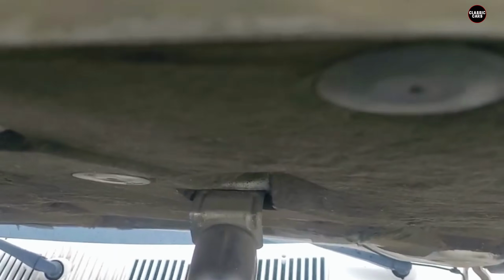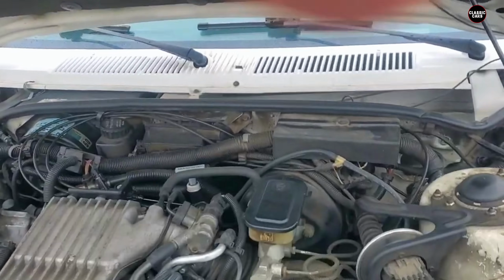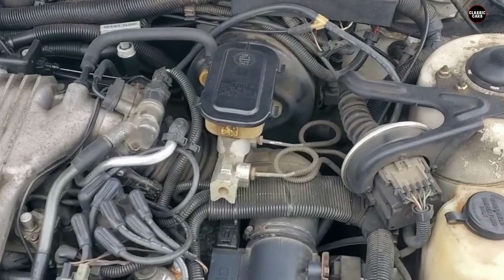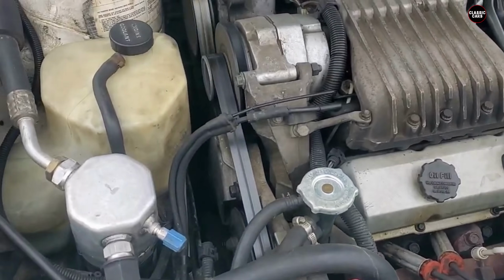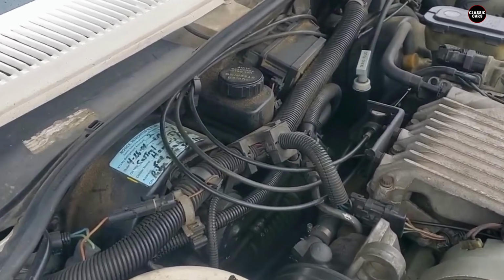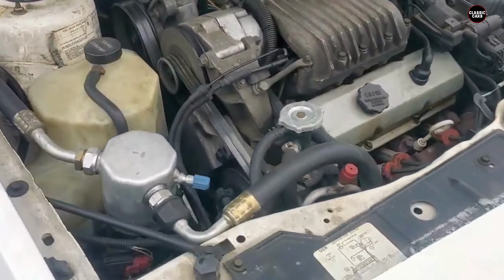While later models attempted to address some of these issues with slight interior updates, the changes were largely cosmetic and did little to improve the overall experience. Despite its flaws, the Cavalier sold well, primarily due to its low price and widespread availability. It became a staple of rental car fleets and was a popular choice for budget-conscious buyers who valued affordability over quality. GM aggressively marketed the Cavalier as a practical, no-frills transportation solution, and for many buyers, it served that purpose